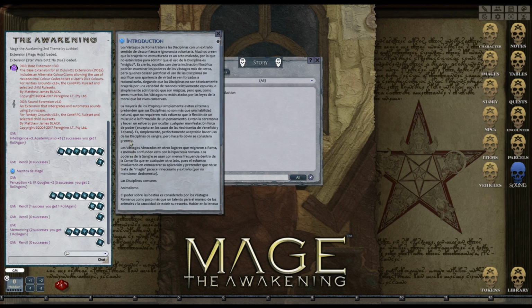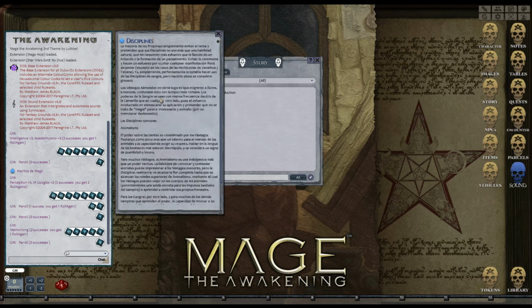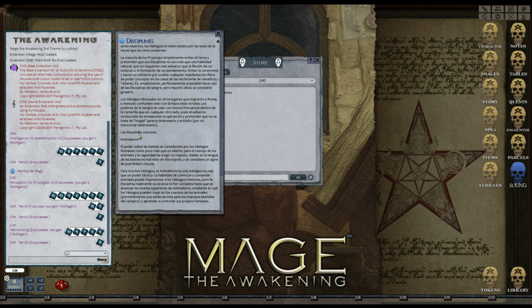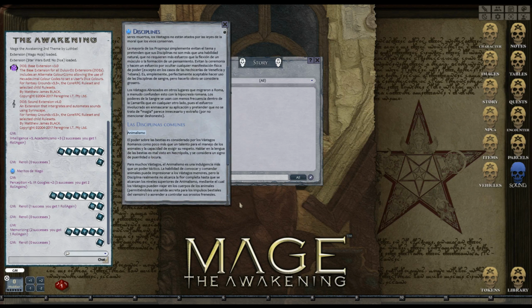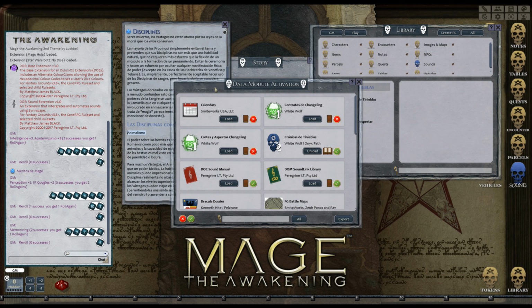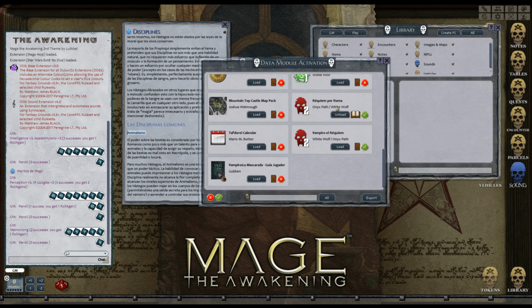This is the disciplines description, and I just copied the animalism one. We can convert this into a header text, and we're going to convert it into a useful link that actually links to the discipline itself. Okay, we come here, we go to our modules, and we open both Requiem for Rome